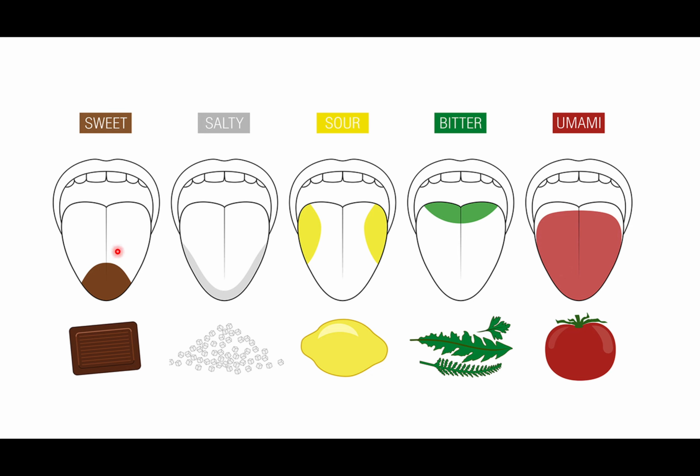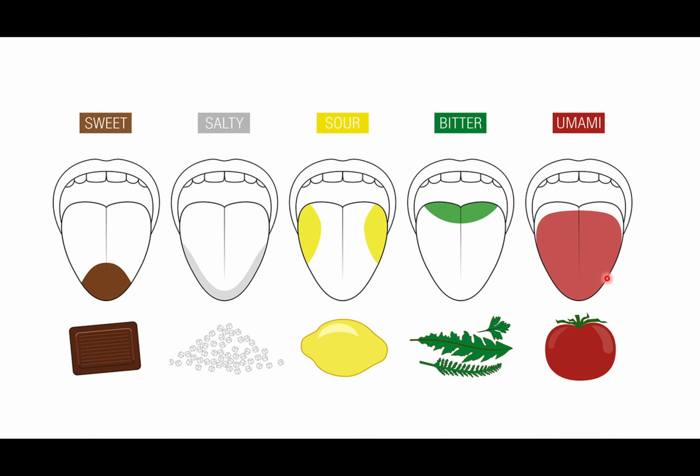So if the tip of the tongue is dissected, the patient will not be able to sense sweet taste because it is only sensed at the anterior part of the tongue or the tip of the tongue. But he will be able to sense the salty taste because it is also sensed by the lateral sides of the tongue, and he will also be able to sense the sour taste as it is sensed by the lateral sides of the tongue. Bitter taste because it is sensed by the posterior one-third of the tongue, and umami taste because it is sensed by the anterior